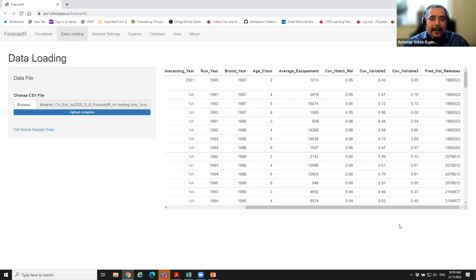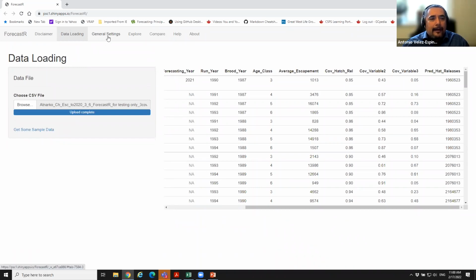And if you don't have age-specific data, you can imagine how simplified this file is going to look, with only a column for run year and a column for escapement or terminal run or production, whatever you are doing. And as I mentioned, some people have been using the total abundance forecasting capabilities to forecast other things. We have used it to forecast maturation rates, for example. You only have to tweak certain aspects of your input file to make it work. And if people are interested in forecasting other things or other species, I know that people have used it to forecast lamprey, for example. And so if the life cycle biology of the species you're trying to forecast can be adapted to any of the available models, why not? And so once you have your input file,